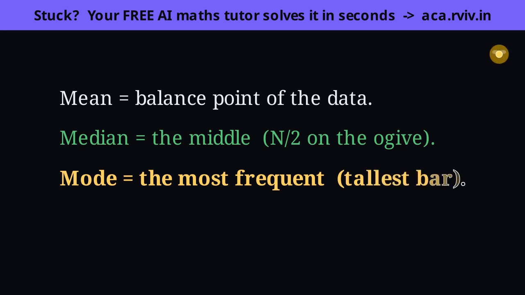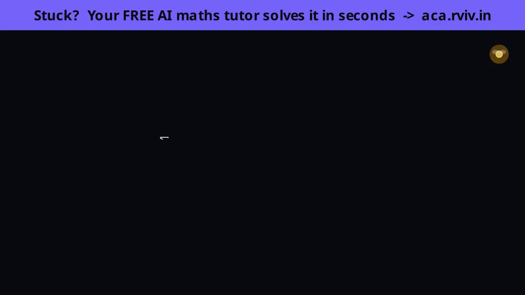Now let's compute them on every example and exercise. Let's walk through all 9 examples together, one gentle step at a time, and on each one I'll tell you not just what to do but why it works, so the method sticks instead of the answer. The tables are large, so we'll summarize each computation rather than draw every single row, but every number you see is earned. Keep the histogram and ogive from the concept in mind. That's the picture behind every formula we're about to use.